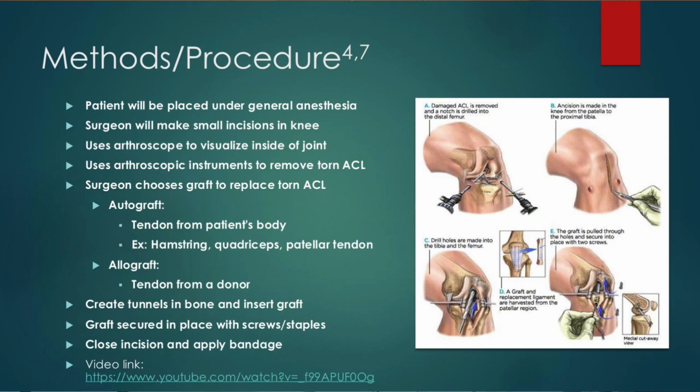As Mason said earlier, you can use the autograft or allograft. Allograft comes from a donor. The autograft comes from part of your own body. The gold standard used to be the patellar tendon, but the hamstring tendon is becoming more popular nowadays. It's more